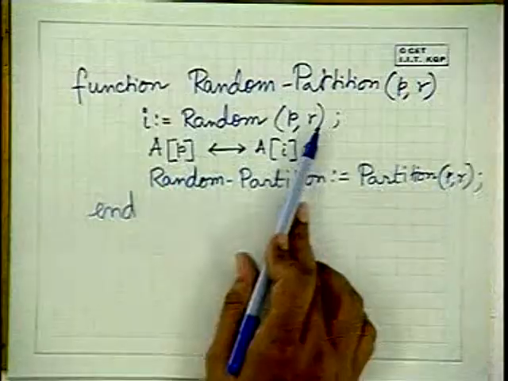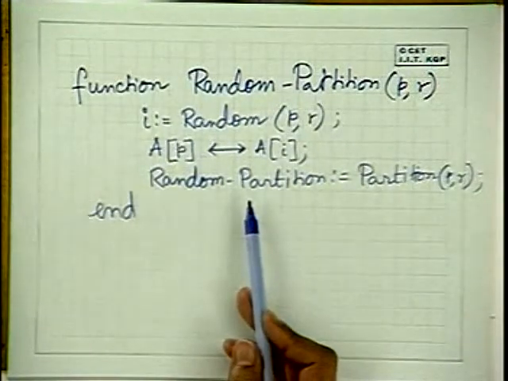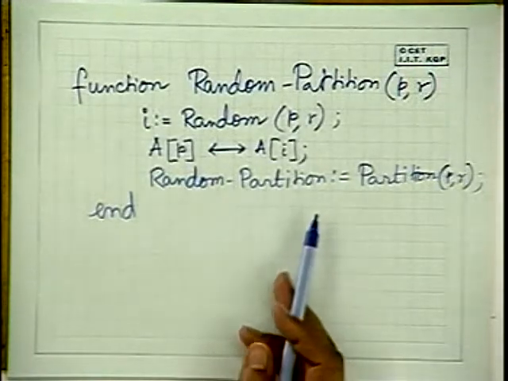And the claim is most of the time it is good. And since most of the runs are good, it's very likely that the run you have chosen this time is good. You have to be extremely unfortunate to have a run which was bad, because most of the runs were good. That's the power of randomization. It did not take too much change in the algorithm. Only one call was there. And suddenly this gives you the power of a very simple algorithm with less time complexity.